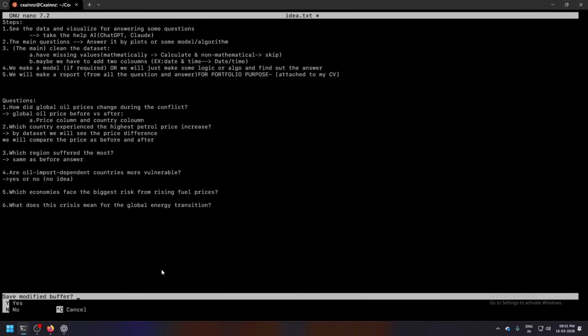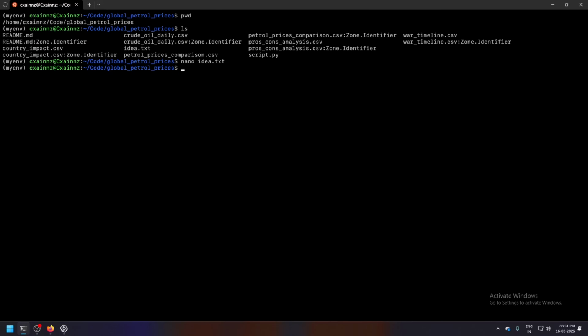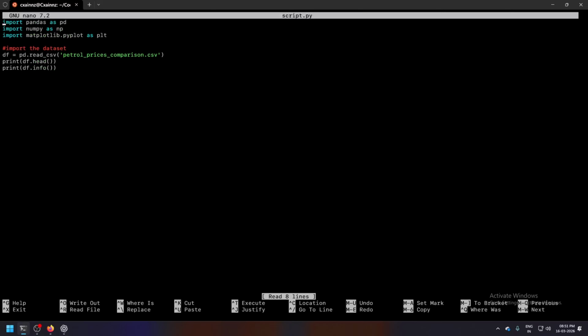So now, of course, I have made a script.py. I'm using Python, and now I am writing a script. I imported pandas, numpy, and matplotlib. These are the most basic libraries for data science.